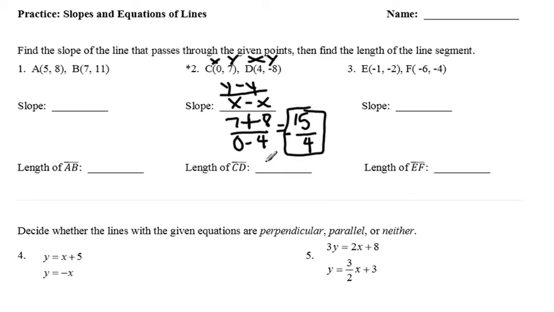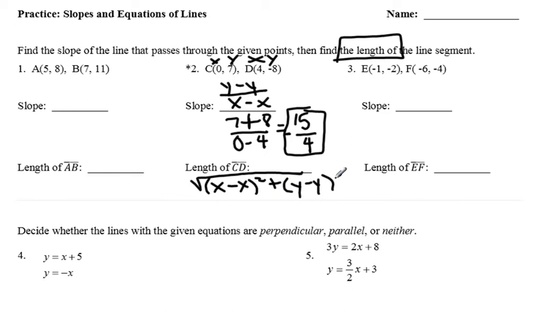All right, for distance or length of the segment, we're just using our handy dandy distance formula, and that says we take our x values, subtract them, and then square them. We add that to our y values, subtracted, and then squared, and then at the very end we take the square root of the whole thing. So x minus x, we're using the same points. We do 0 minus 4, and then we're going to square it, plus y minus y, 7